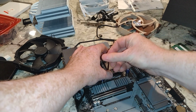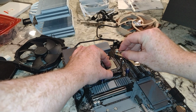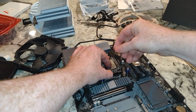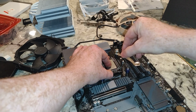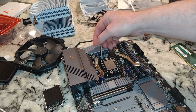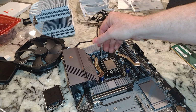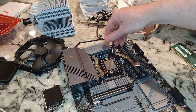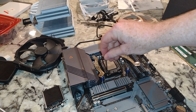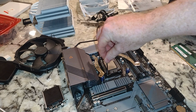Now, what we don't want is the CPU to move around at all. We don't want to over tighten one corner versus the other sides. And this, I will tell you folks, this screwdriver they've included really sucks. Now, I will say also that they probably made this thing so small that you can't over torque this thing. I mean, have you seen my bench press videos? You know I could over torque this, but